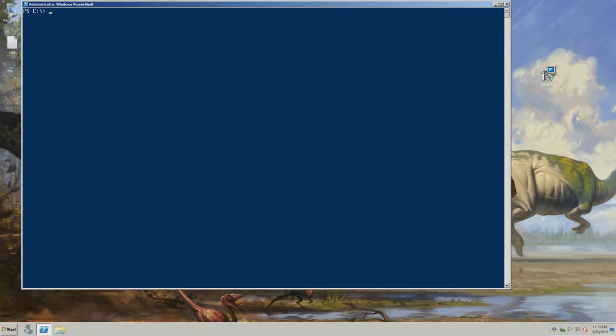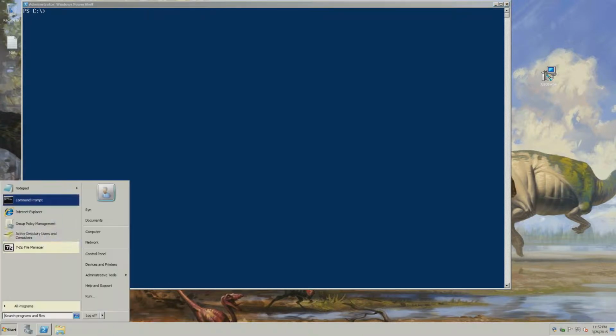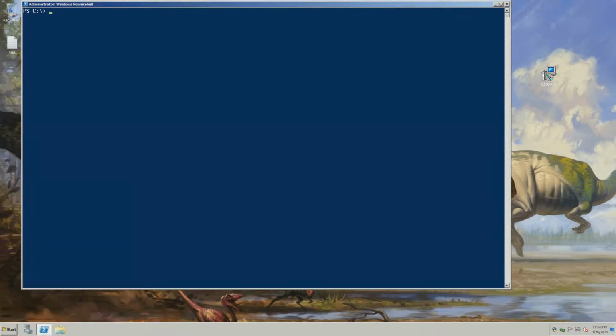We've already learned some basic file management and archive scripting, and today we're going to work on some basic program management. For this example, I've installed 7-zip on my test machine, so we have something that we can quickly uninstall and reinstall for the sake of the video. The commandlet that we're going to use today is